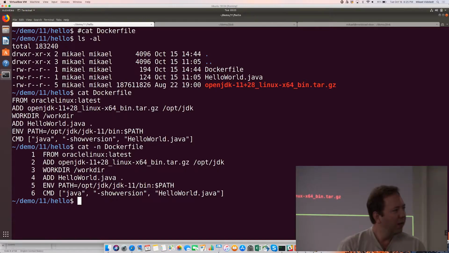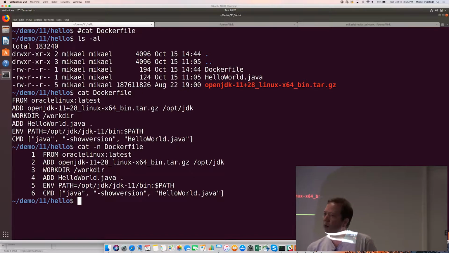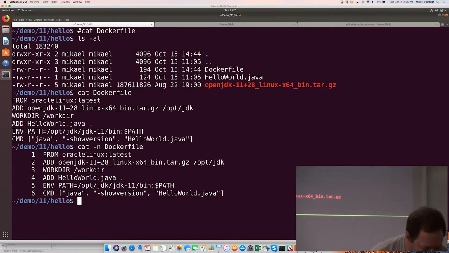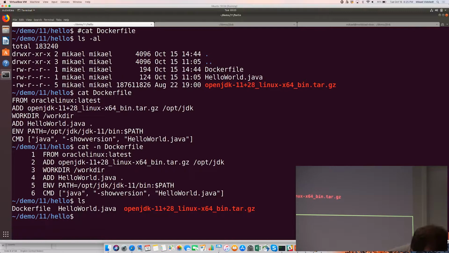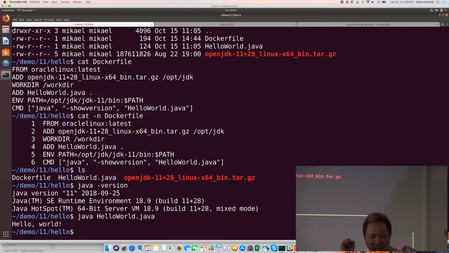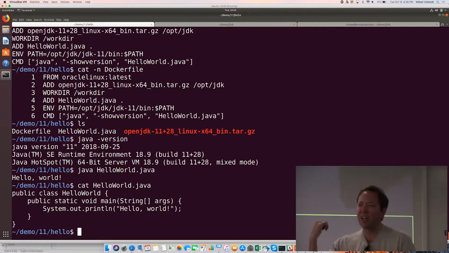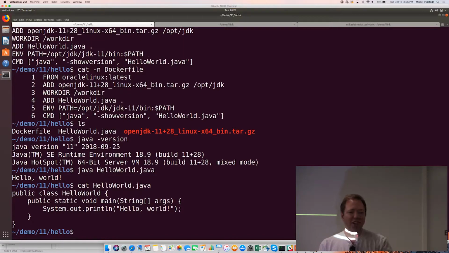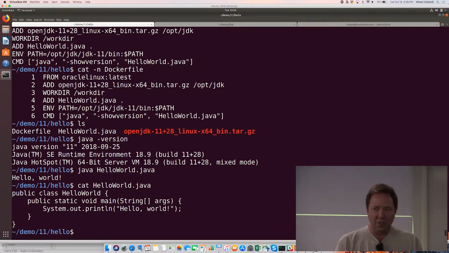And some of you may be confused here. How can you run hello world.java? This is actually new functionality in JDK 11. So if I do something like this, do I have a Java 11 here? Yes, I do. I can actually do this now. And yay! This is new functionality. It's something we introduced for making it easier to start playing around with Java. If you have a single class with, in this case, Hello World, it looks exactly like somebody else showed Hello World. If you have this and you run it, it's going to run main automatically. You don't need to do javac first.